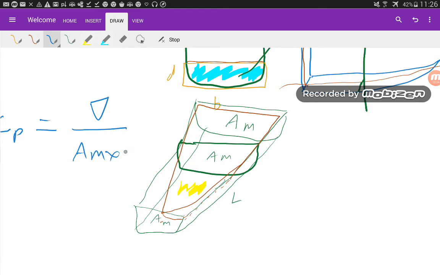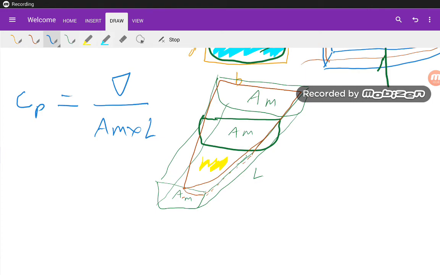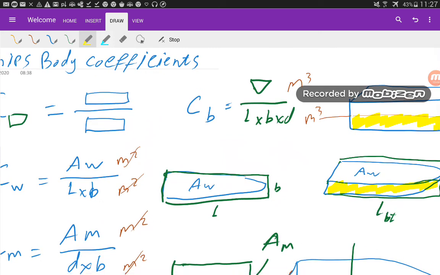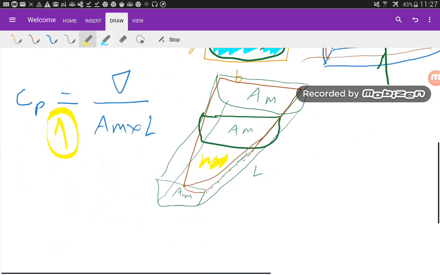Let's take the earlier CB formula as formula 1 and this formula as formula 2. In both of them we have the volume of displacement. If we mix these two together, finally you will find